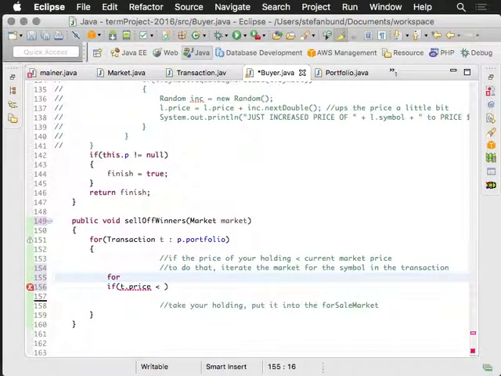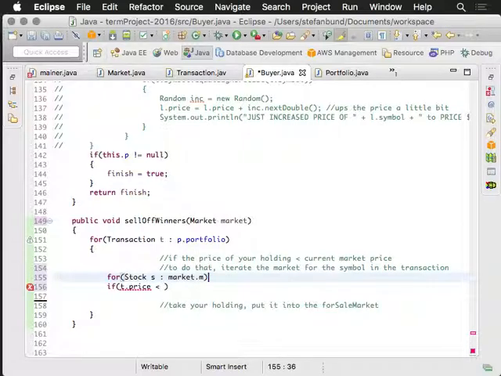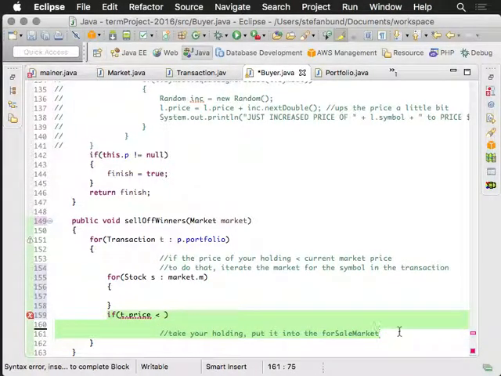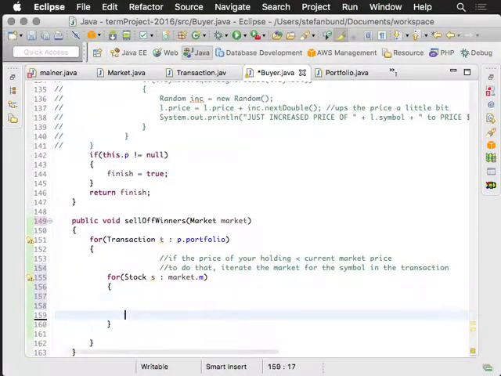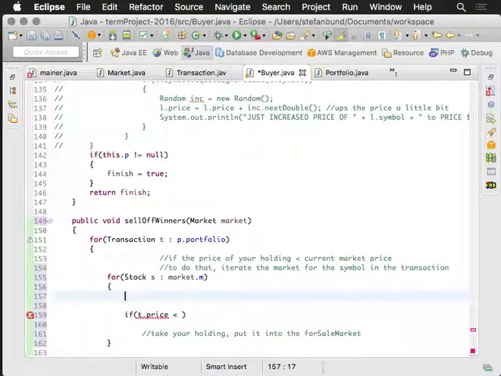So for example, for every stock inside that market, and that's an array list of stocks, and then this little rule is going to be in there somewhere, but a little ways down. Okay, if